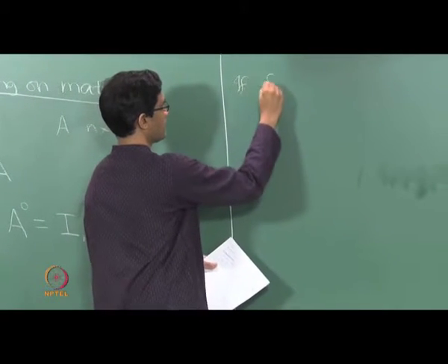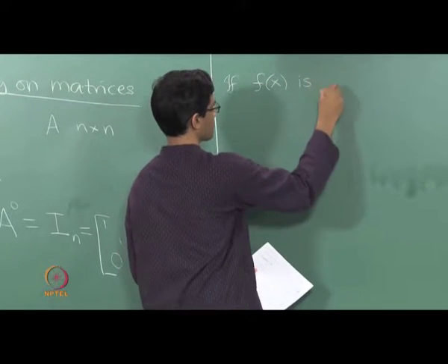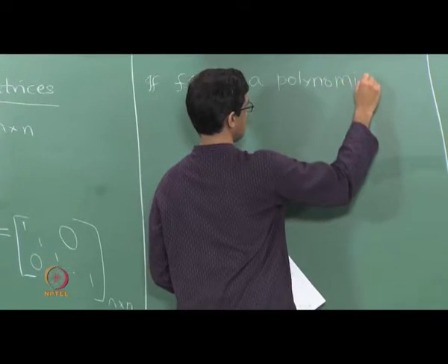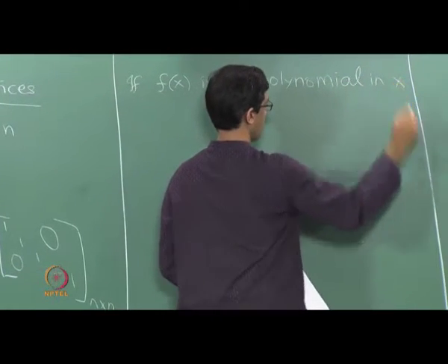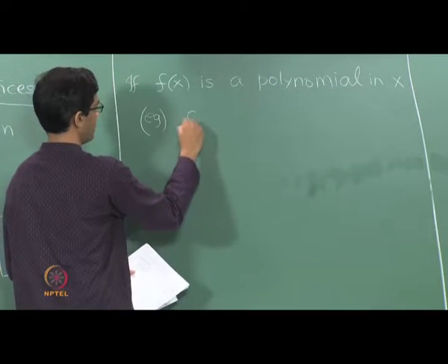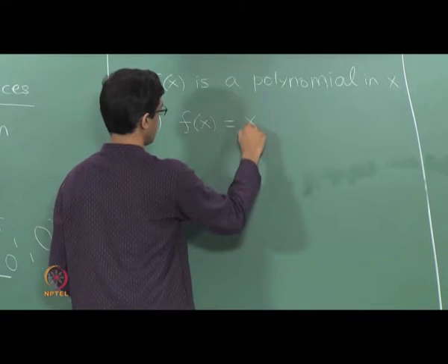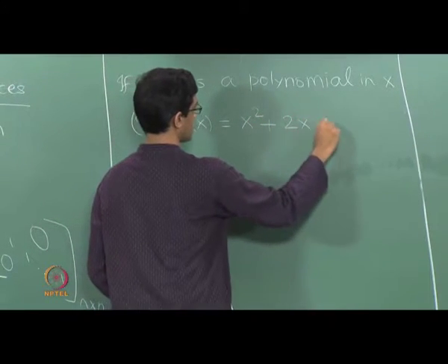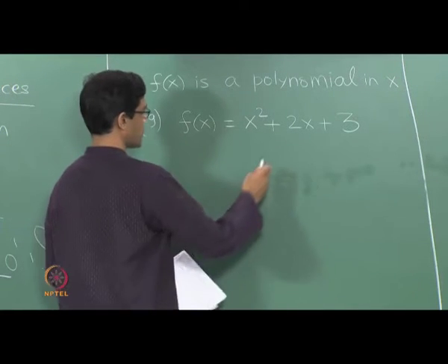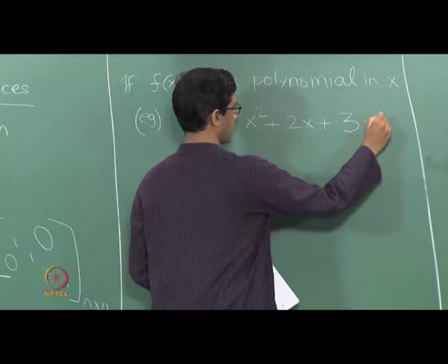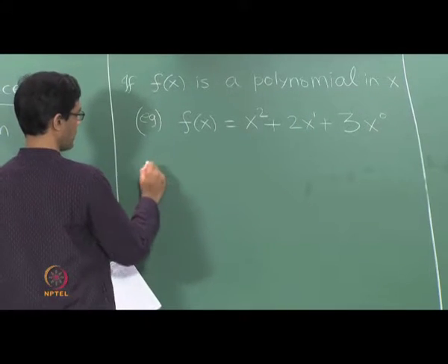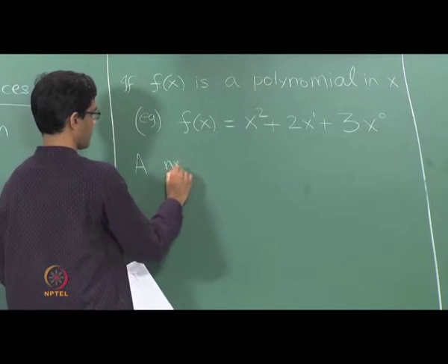If f of x is a polynomial in the variable x, for example, let us say f of x is x squared plus 2x plus 3, then here is what we would do. Let us think of this 3 as being 3 times x power 0, this is 2 times x power 1. Then if A is any n cross n matrix,